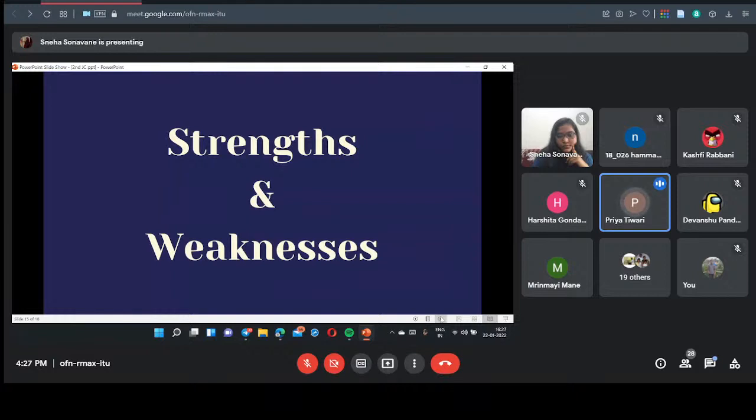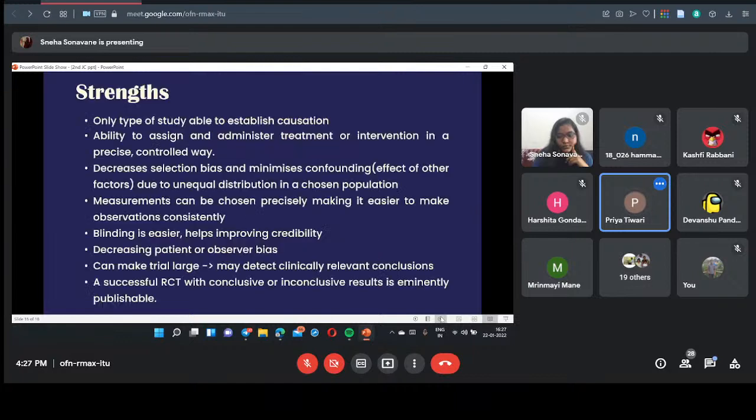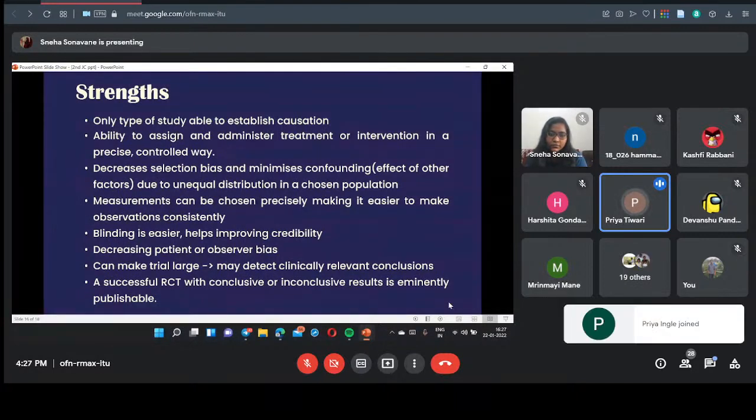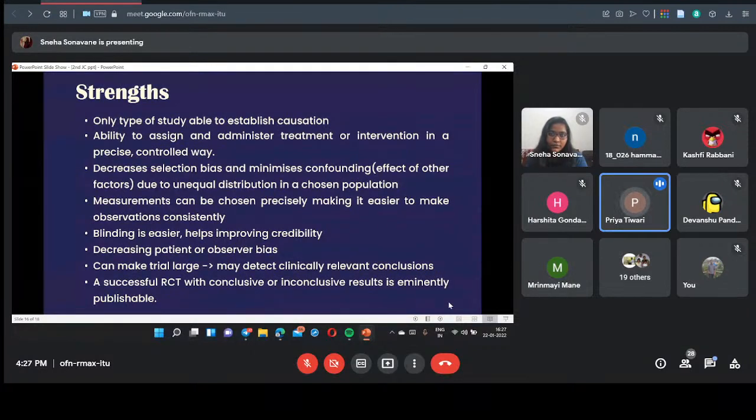Now let us see the strengths and weaknesses of randomized trials. Next slide. Randomized trial is the only type of study able to establish causation. It has the ability to assign and administer treatment or intervention in a precise, controlled way, because we control what kind of drug we give, at what time, for how long, and when we have to stop that drug. And it decreases selection bias and minimizes confounding,